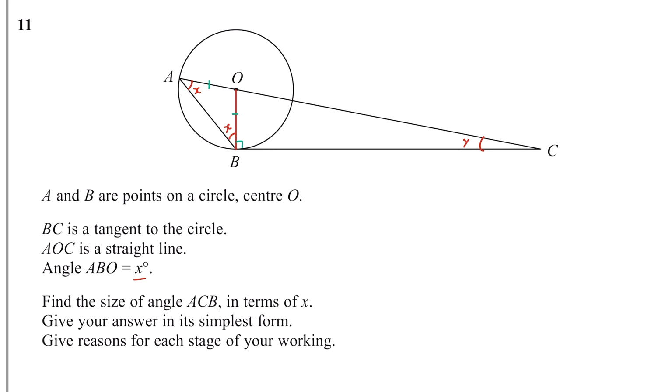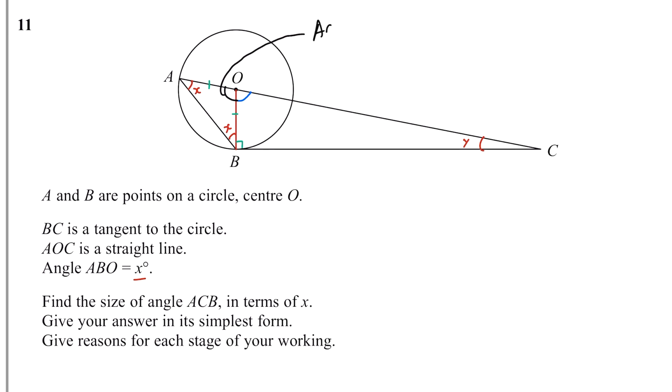They want us to work out Y. I know this bottom bit is 90 degrees. I need to know what AOC is. So if I just highlight that, ideally I need to know what this is to figure out what Y is, because angles in a triangle add up to 180. So if I look at triangle AOB, so the small triangle, I can work out, if I use a different color, what this is here. So if I draw a line, well, angles in a triangle we know add up to